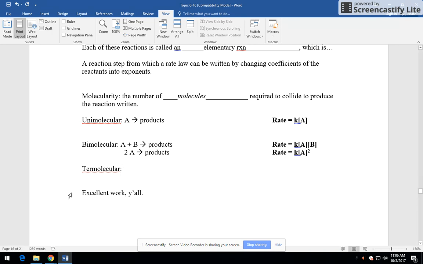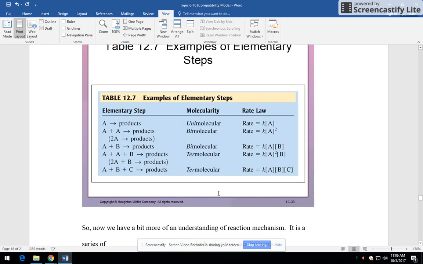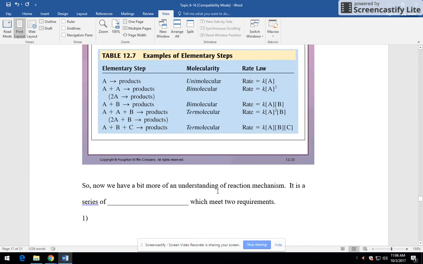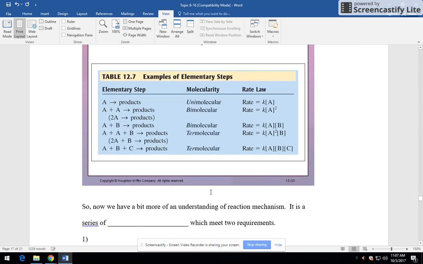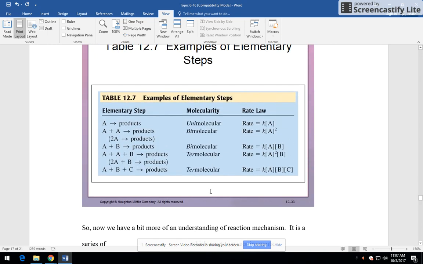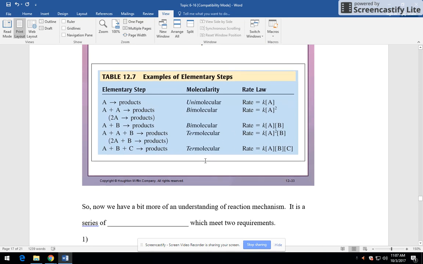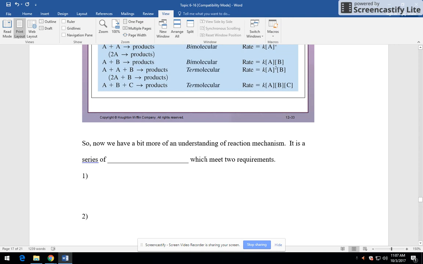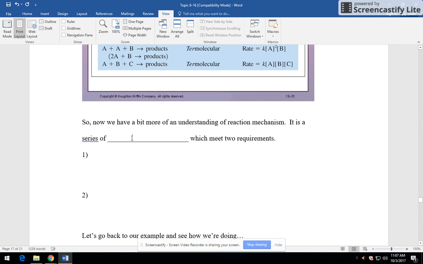Now, I have amazing faith that you did great work. So excellent work, y'all. But did anybody happen to look at the next page and all of them were right there? Yep. So right there on the top of page 39, you will see that there are examples of elementary steps and the rate laws that come from each of these elementary steps and explanations about how the coefficients derive into the exponents. So now you have a bit more of an understanding about how a reaction mechanism is set up. It's a series of elementary steps or elementary reactions. Those are synonymous,